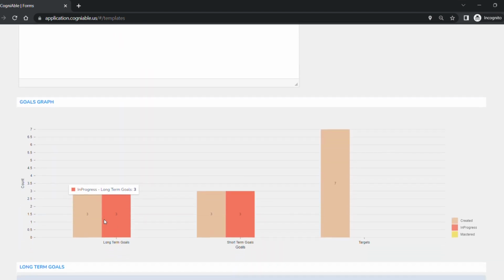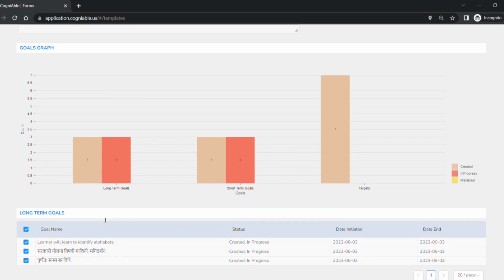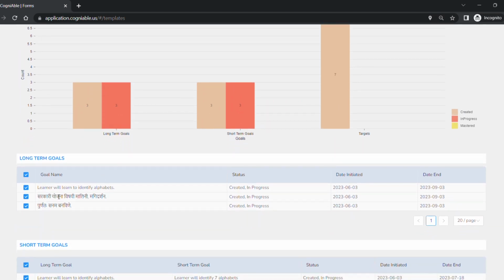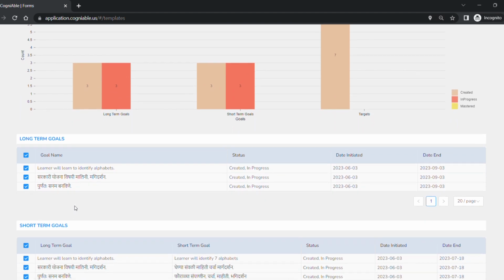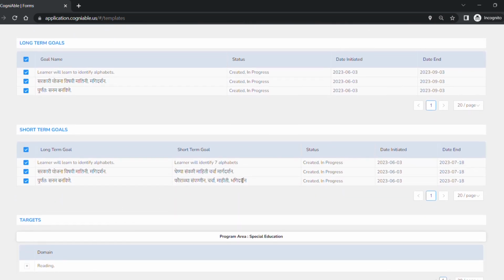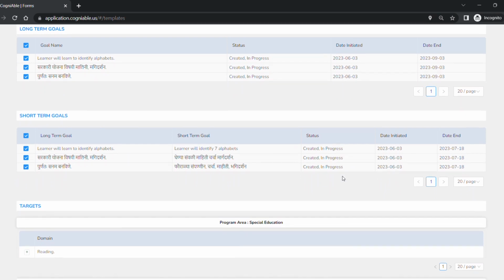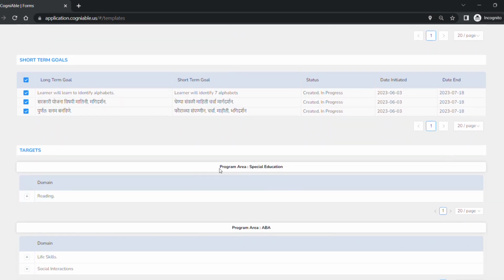Under that comes the goal graph, which shows how many long term, how many short term goals, and how many have been mastered by the learner. For this current learner, we can see, then going down on the screen you'll get a list of all the long term goals with their status and the date when they were started. Under that you can see the short term goals, their status, and when they were started. Under that you can see the targets, their status, and their date of initiation and date of ending,